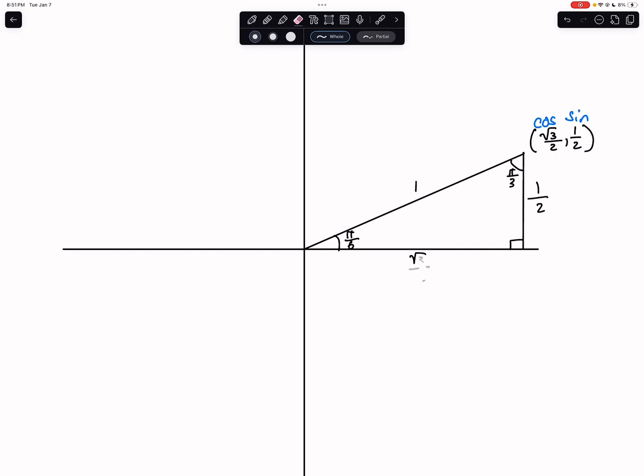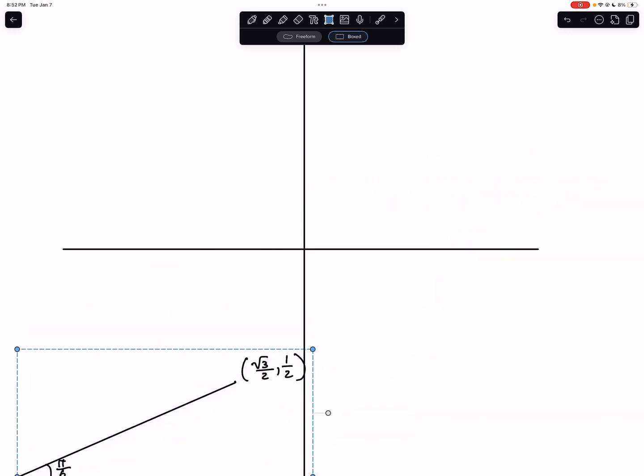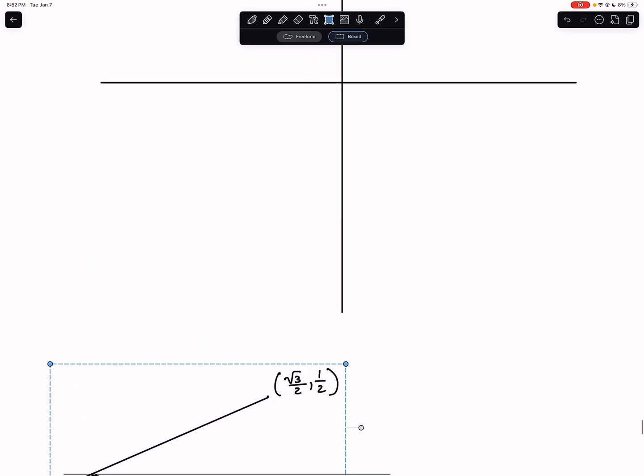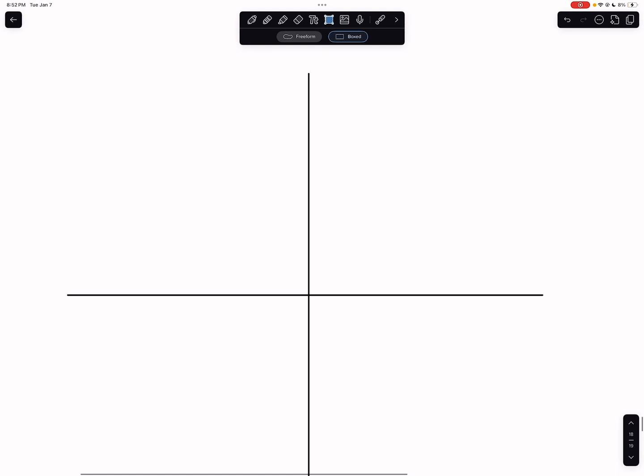So what I'm going to do here is erase this. I'm going to keep our angle here. I'm going to erase the triangle, but I'm going to drag this to the side because we're going to be using this later. Again, this is my first time making this video. I haven't even rehearsed this video, so I'm just going to go with the flow here. So now I'm going to draw another triangle. Another triangle. And this time